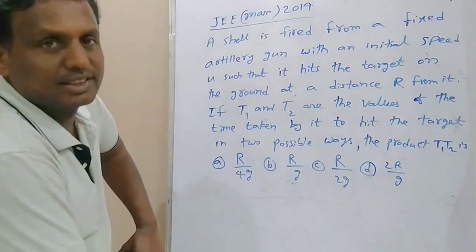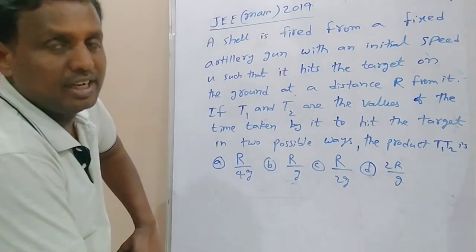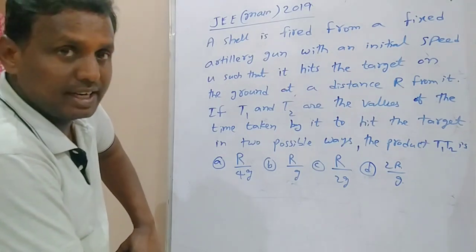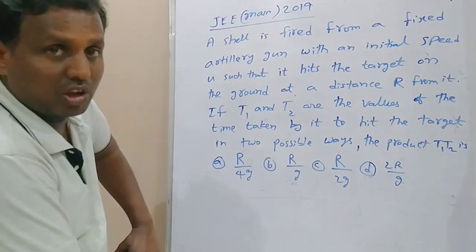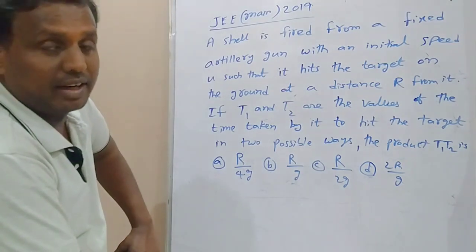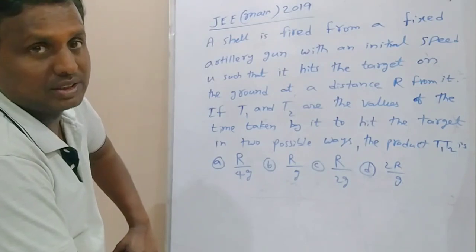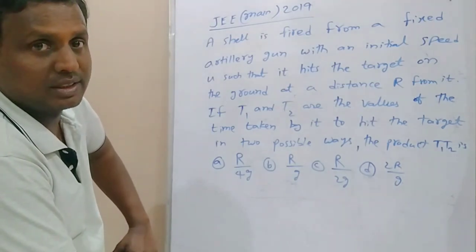In the last class, I explained the relations, in the case of complementary angles, between the product of maximum heights and the ratio and sum of maximum heights. Okay. Now,